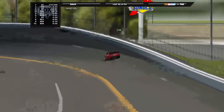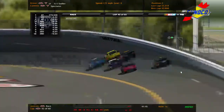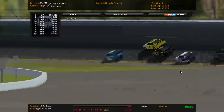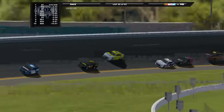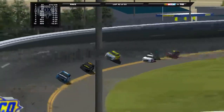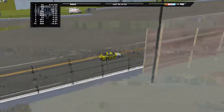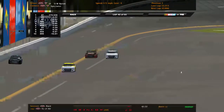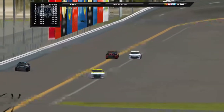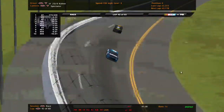Well, controversy here in the Budweiser Duel. Justin Allgaier now left to hang. Oh, it's Sadler's slow. He might need to pit. Yep, he's running out of fuel. Elliott Sadler, he's running out of fuel alongside William Byron and Brian Lancaster. I don't know why they did not pit under the caution. That'll leave